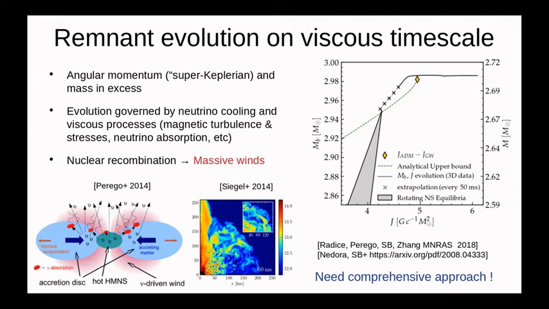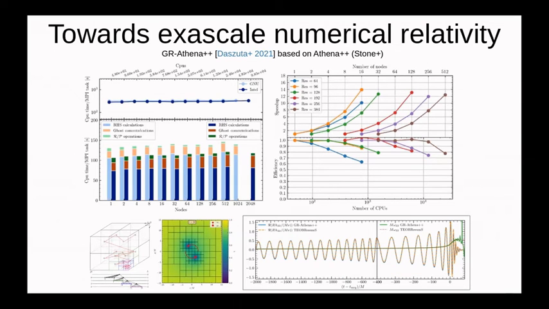So this is not very well understood, and of course it requires long-term simulations, this type of sophisticated neutrino scheme I talked about, resolving MHD effects, and also starting from realistic conditions, so the neutron stars are in an orbiting phase and go through mergers and so on. Towards this goal, what we are doing at the moment here in Vienna and elsewhere is to develop highly scalable codes that can take advantage of exascale HPC resources. And these are some preliminary,